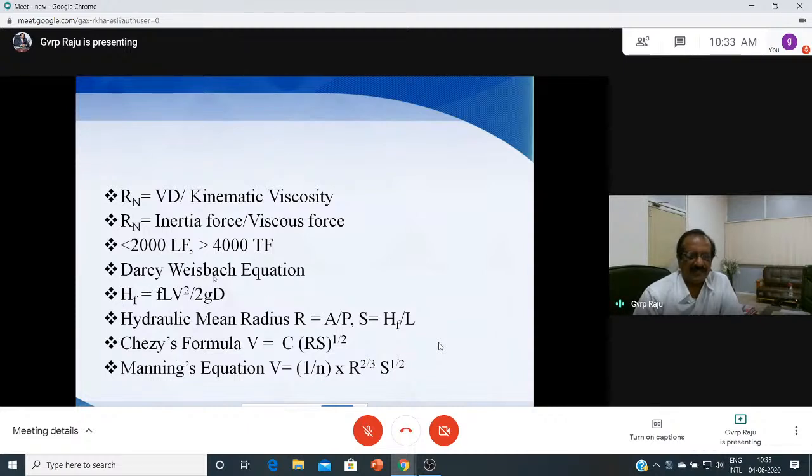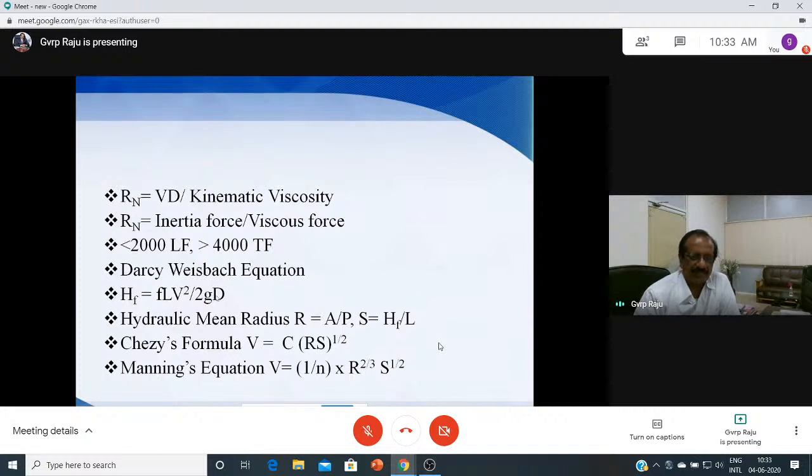And we have the Darcy-Weisbach equation. Sometimes it is also called Darcy's equation, but both are the same. So hf is the head loss due to friction, which is equal to f L V square by 2gD. f is the coefficient of friction, L is the length of the pipe, V is the velocity, and D